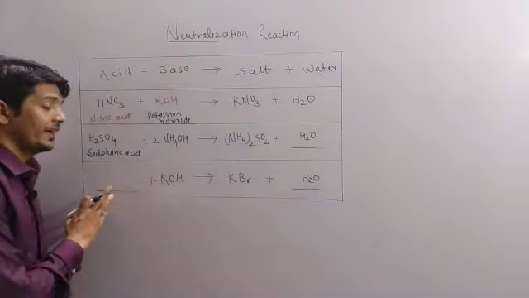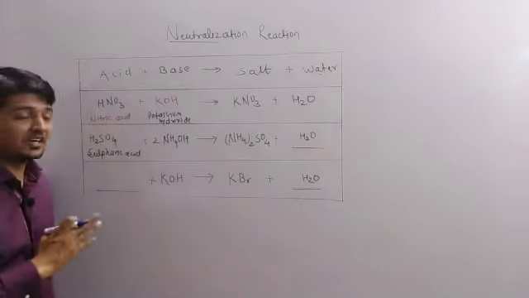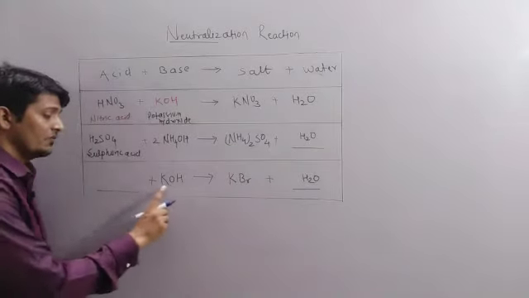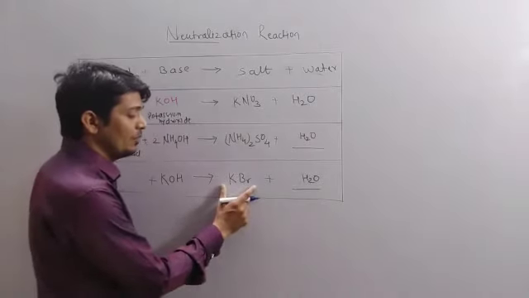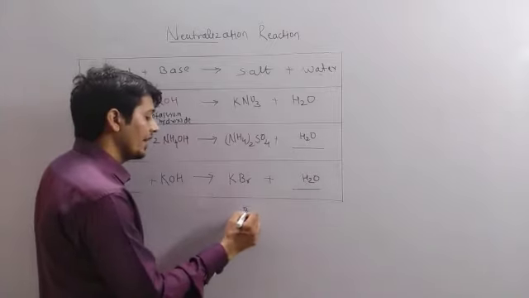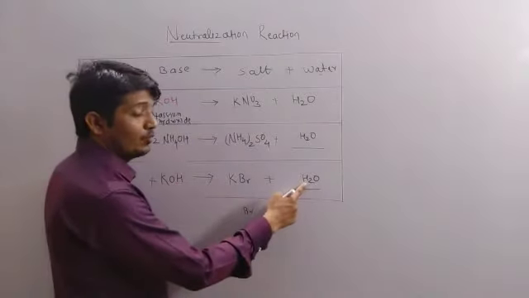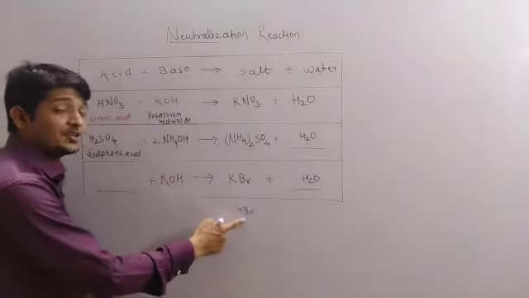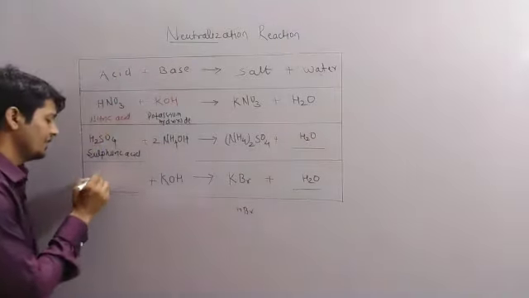Okay, so now we have the last reaction given in your textbook. Here we are going to complete the neutralization part. Here we have KOH, potassium hydroxide, which is the base. Here the salt is formed by potassium and bromide, so we have bromine here. OH is used here to form water, so we have an extra H, so our acid will be HBr. What is HBr? It is hydrogen bromide. So we have to write HBr here.